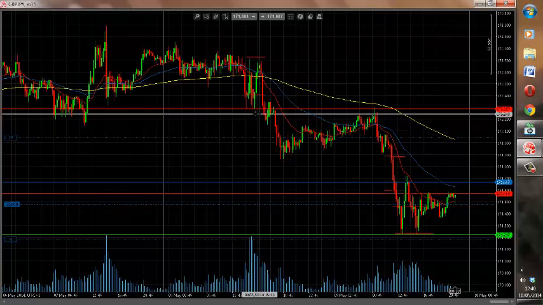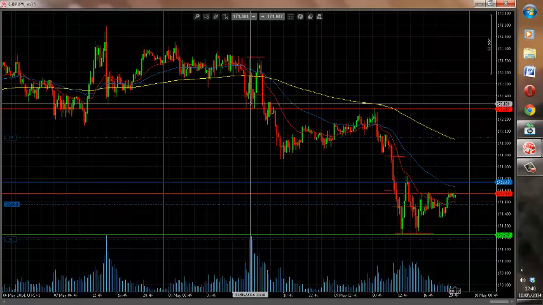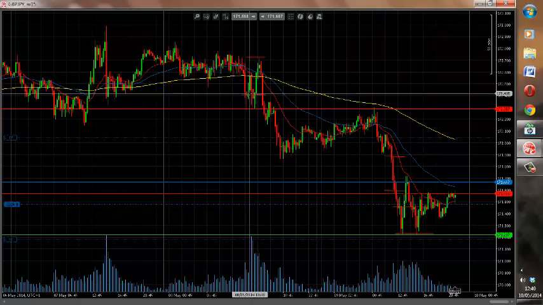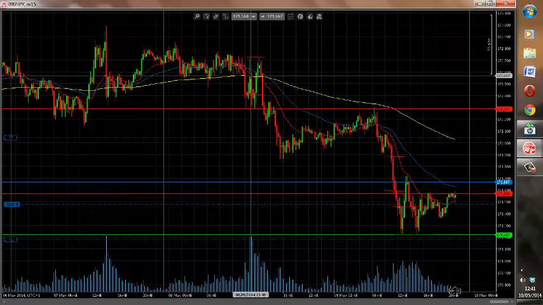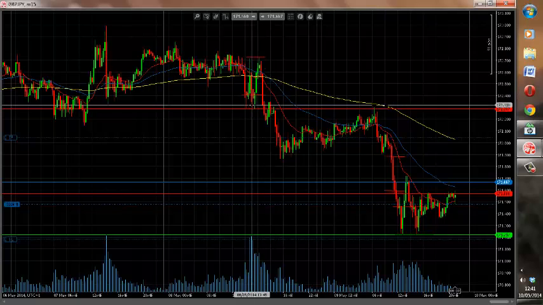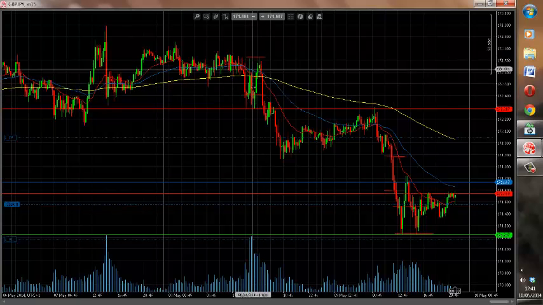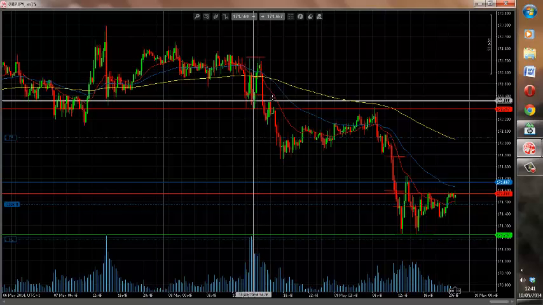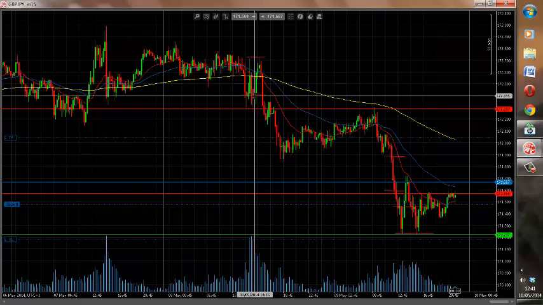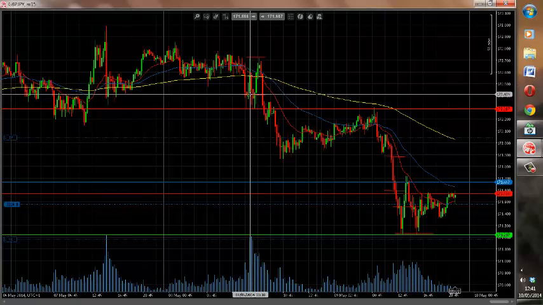So what I've done is marked out a massive volume spike here, which is masking itself at the moment as a green candle, but this is really selling volume, and we can get an indication from the very long tail. We've got massive volume seeping in here, most of which is selling volume. So I've done a couple of parallel lines here. Now what we're looking for is a break below the last low of the volume spike. So we've got the volume spike here, and we've got the low here at about